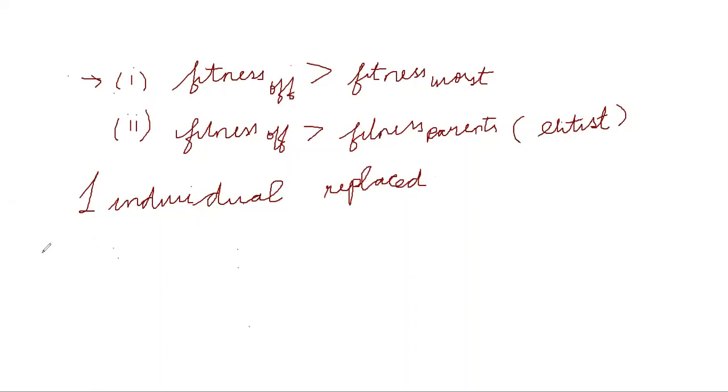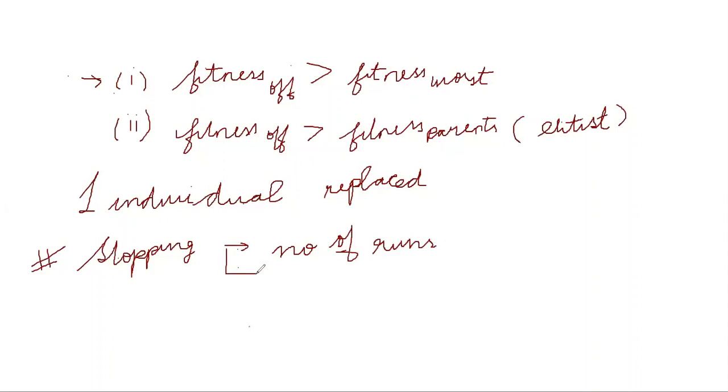And then we check for the stopping criterion. So after that, the next step is we check for the stopping criterion. What is the stopping criterion generally used? It is either number of runs which are there, or it is